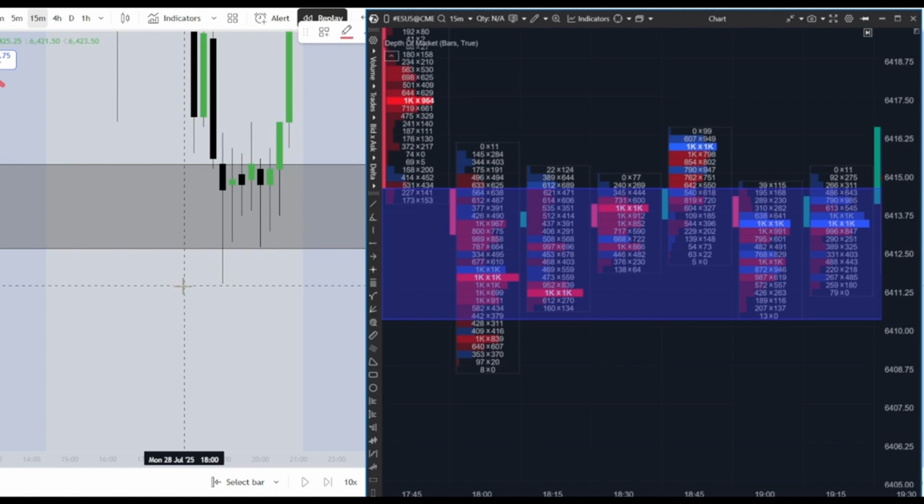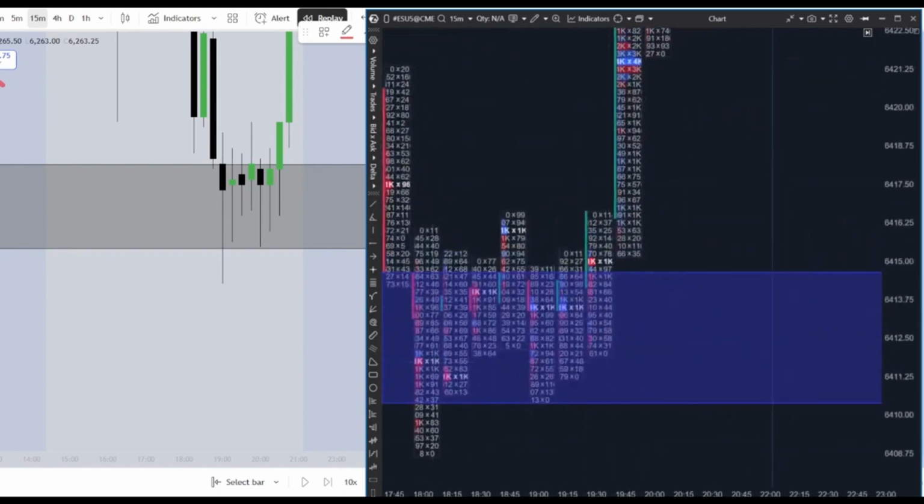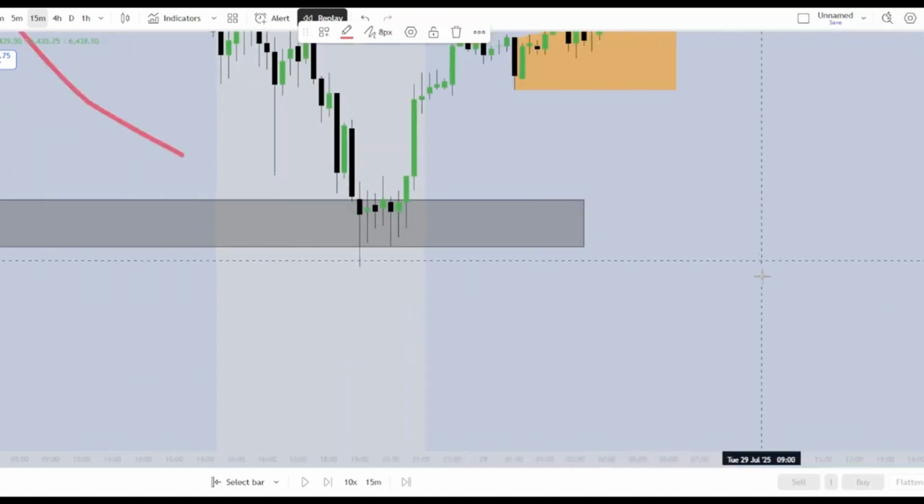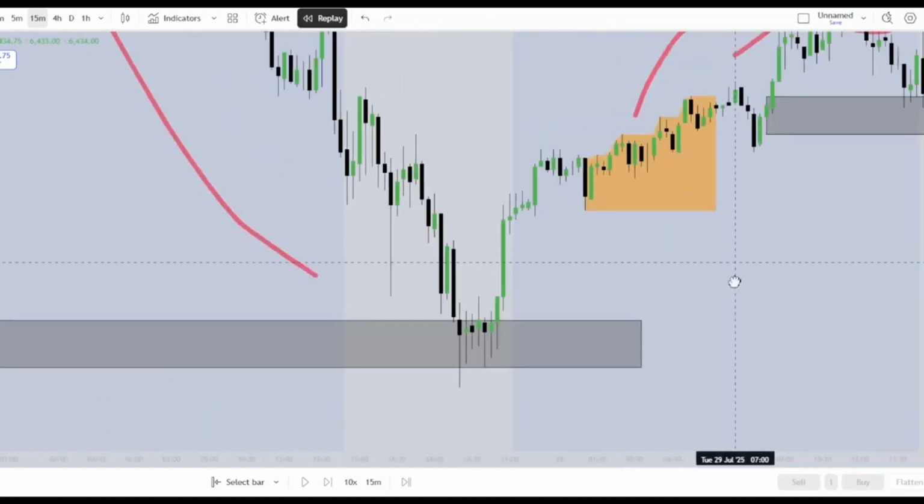So in this case, it became a demand zone because the sellers had no follow through. The sellers were absorbed, right? All this red delta was absorbed by the aggressive buyers, and that is the only reason, the passive buyers, and that is the only reason the market moved higher, because the market was being supported by the passive buyers, right? So that is why the market shoots up, and that's why the market rallied up. So just to sum this video up, ICT concepts alone will not work, and